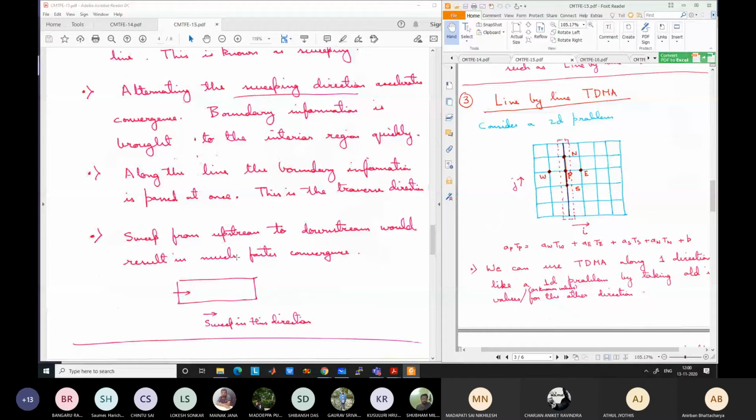It is not only about bringing the information from the boundary, it is how far the convergence is occurring, and convergence will take a lot of time. It may even be difficult to converge in case you are sweeping along the opposite direction. This we see many times in our own codes also, when we write a code and say we have written a code, we cannot change the code itself, right?